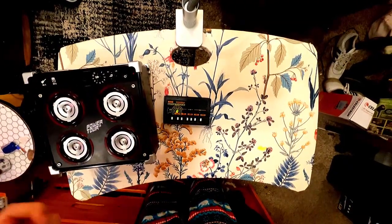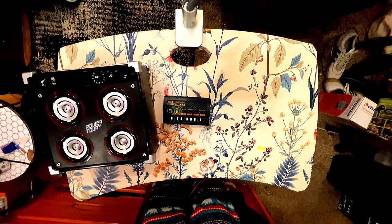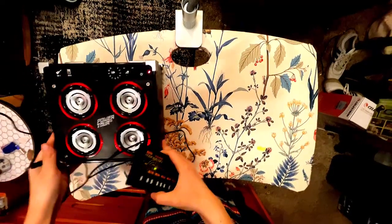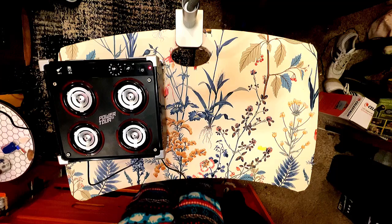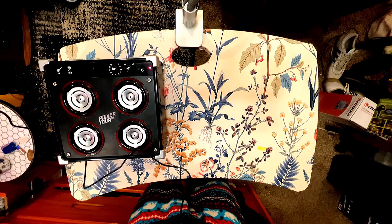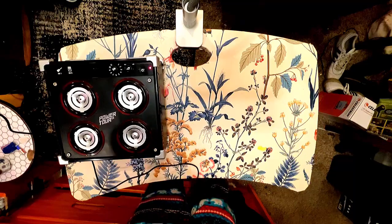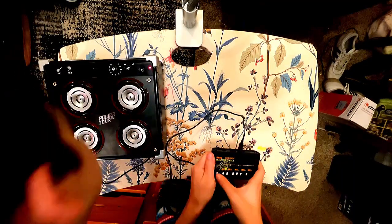So let's power this on. I'll plug it into port 1. This goes in port 2. Let's turn this on. I do have to be careful because I don't want to damage the speakers on this thing. So as you can see, if I do a delay,